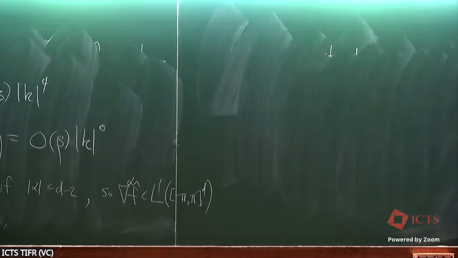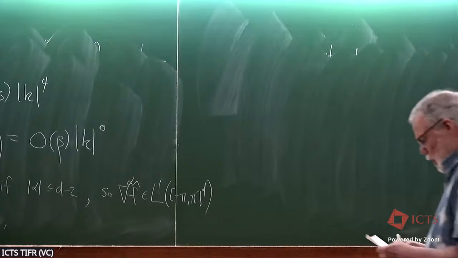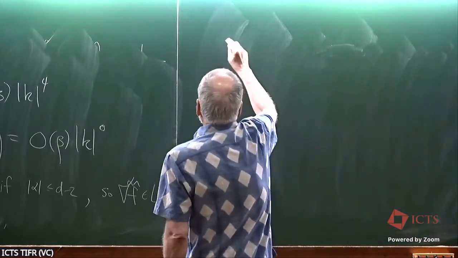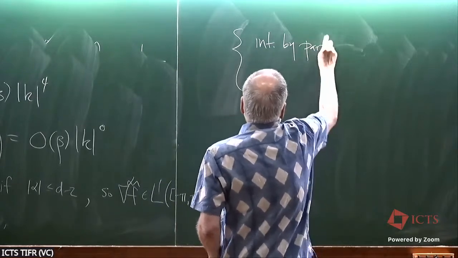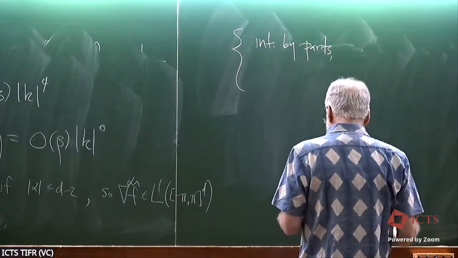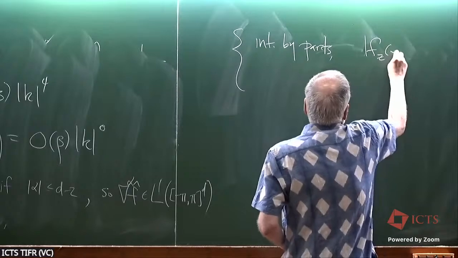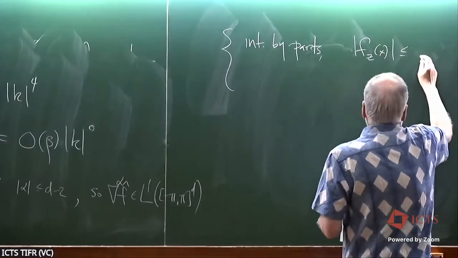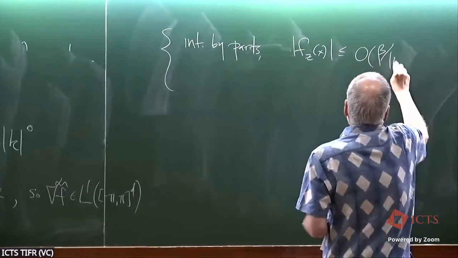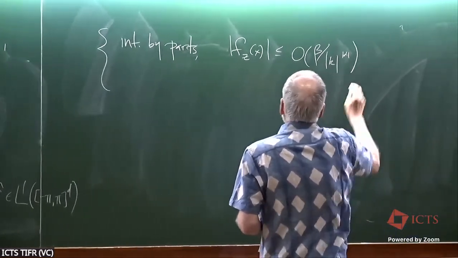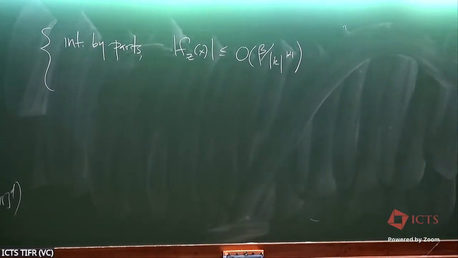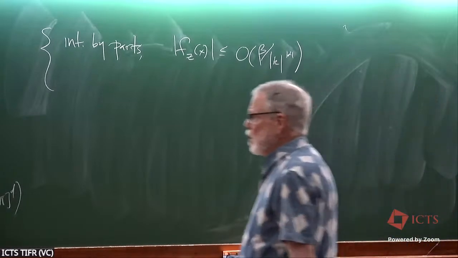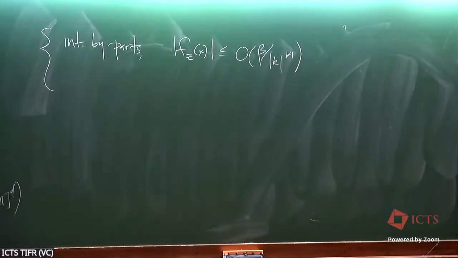So these facts about F are actually pretty important. So first fact is that if you do integration by parts, you find that Fz of x is less than or equal to order beta over k to the alpha for those alphas, less than or equal to d minus 2. Right? Fz of x is equal to an integral. I guess I never wrote down the formula for the inverse Fourier transform, but maybe I should do that now.